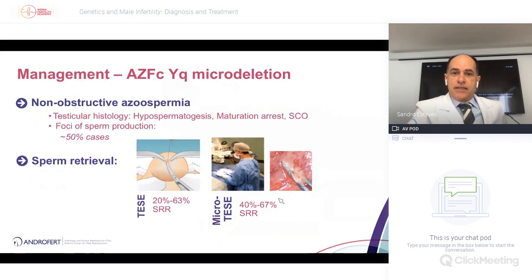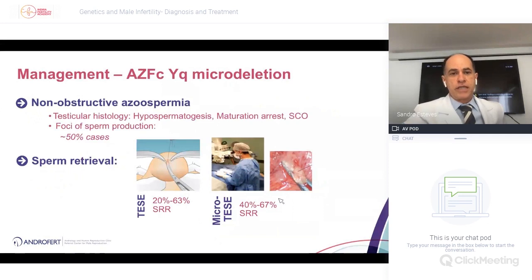In patients with AZFc microdeletion in the Y chromosome, they have either, as I said, severe oligozoospermia or non-obstructive azoospermia. Among patients with non-obstructive azoospermia, the testicular histopathology will be hypospermatogenesis, maturation arrest, or Sertoli cell only. You can find sperm in about 50% of cases, especially if you apply microdissection testicular sperm extraction. This is the technique that I will discuss next week that will provide the higher chance of finding sperm in men with